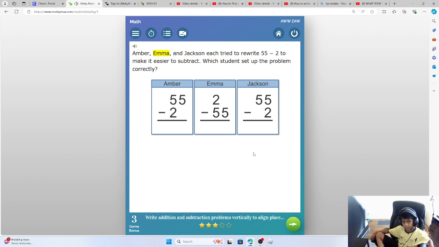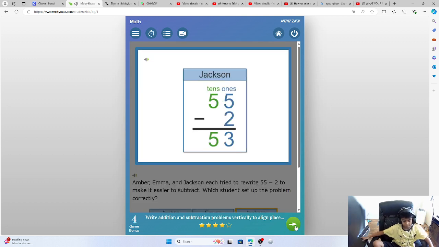Amber, Emma, and Jackson each tried to rewrite 55 minus 2 to make it easier to subtract. Which student set up the problem? When subtracting these numbers vertically, tens must be